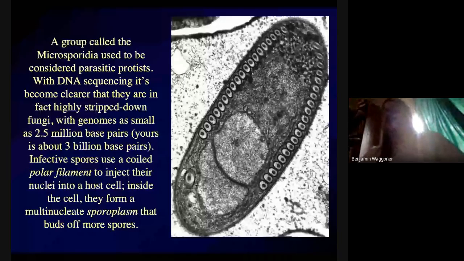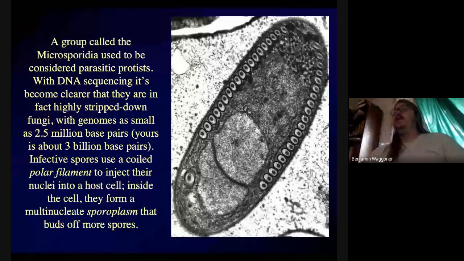This is a cross-section through an infective spore. The nucleus is down at the lower left. At this stage, there's actually a pair of nuclei. It's called a dikaryon, if you must know. That's down and to the left. And then up and to the right, you can see a whole bunch of circles, making almost a horseshoe shape just under the wall of the cell.